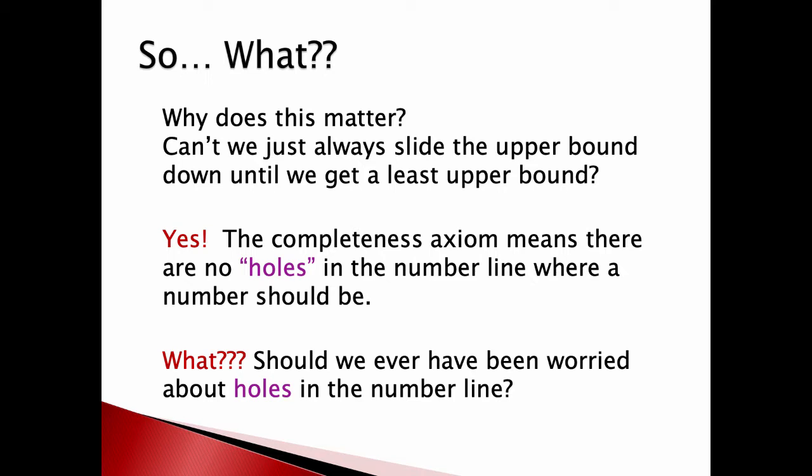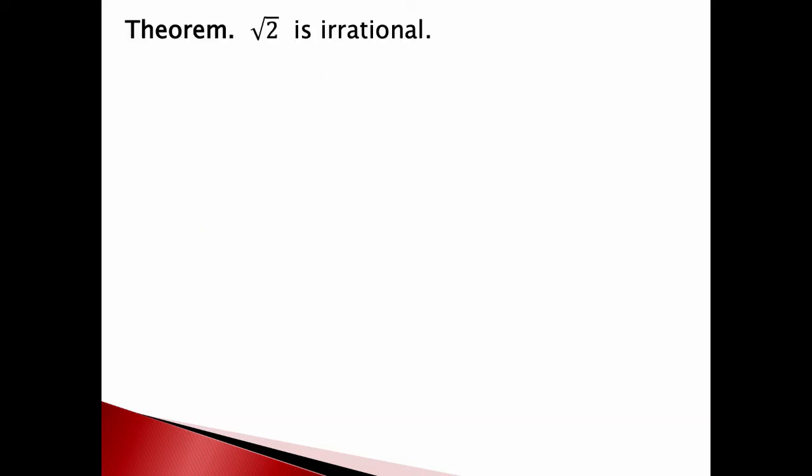Okay, so I think it would be worth proving to you at this point that there are some numbers that are not rational, because you may not have thought about it. Most numbers you deal with are fractions. You may have run across numbers like pi before, where the decimal places go on forever and forever. But how much do you use pi in your everyday life? It turns out that when the Greeks were figuring all this stuff out, they were absolutely floored that there were numbers you couldn't write as a fraction. There are lots of stories about how Pythagoras and the Pythagoreans had figured this out, and that was one of their deep mathematical secrets.